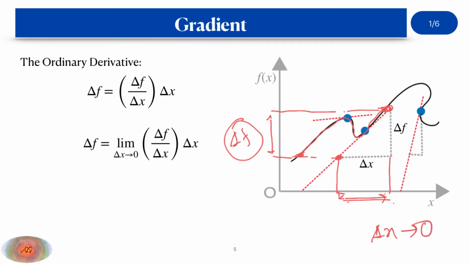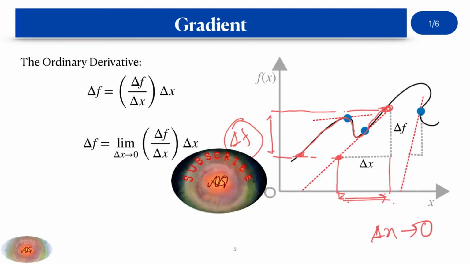And here is the explanation. This is the rate at which the function gets changed along the x direction, that is delta f divided by delta x. And if you are interested to find out the overall change in f due to the change in delta x, obviously the product of the rate at which the function gets changed multiplied with the range of interest, that is delta x itself, will give you the delta f. But as I told, such a wide variation is much prone to error.